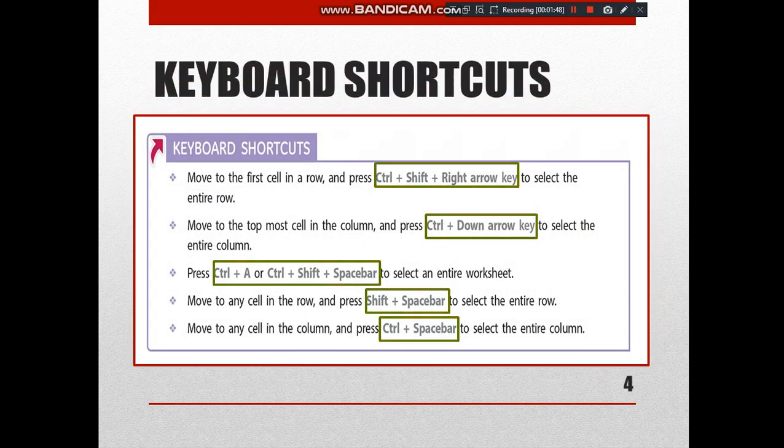Here are some keyboard shortcuts which you can use to make selection. To select the entire row, move to the first cell in a row and press Ctrl plus Shift plus right arrow key. To select the entire column, move to the topmost cell in the column and press Ctrl plus Shift plus down arrow key. If you want to select an entire worksheet, you have to press Ctrl plus A or Ctrl plus